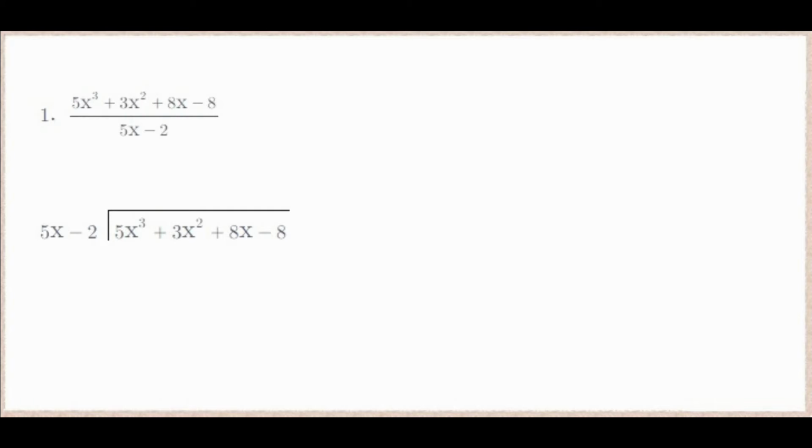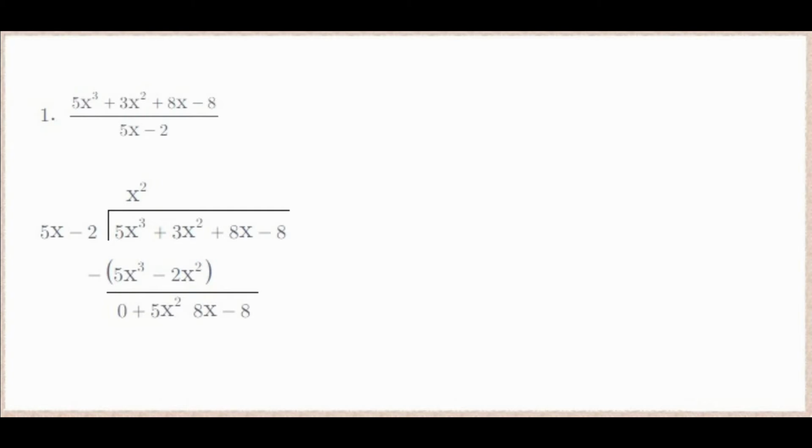So in this case, we want to think about what do we need to multiply 5x by to get 5x to the third. So here, that's going to be x squared. So we put that in this position. Then we go along and we multiply each term of the divisor by x squared. So we get 5x times x squared is 5x to the third, and then we get negative 2x squared. So we're going to subtract that from what's on the inside, and we end up with 0 plus 5x squared